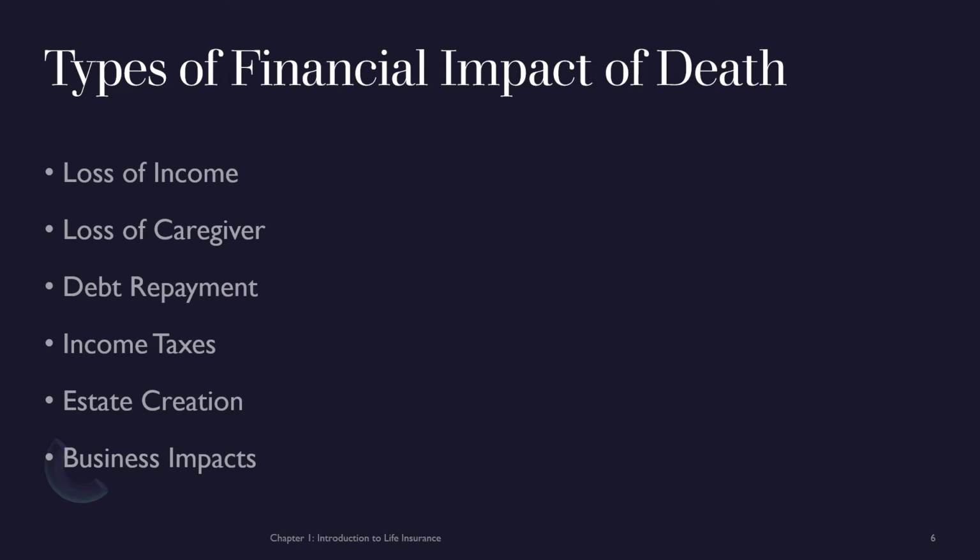Now, in some cases, the lender may be willing to extend the loan to the surviving spouse or another beneficiary who inherits the property that is encumbered by the debt, but usually only after ensuring that this person has the income needed to make the loan payments. And if the lender decides that the risk of default is too high, they will recall the loan, demanding full payment. So in order to protect against this debt repayment, this is another reason why someone may want to take